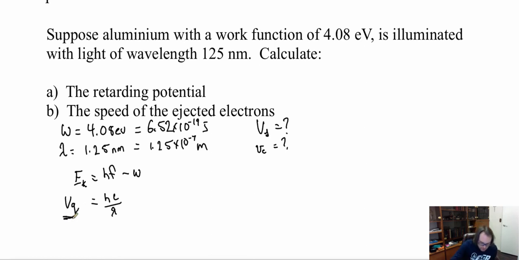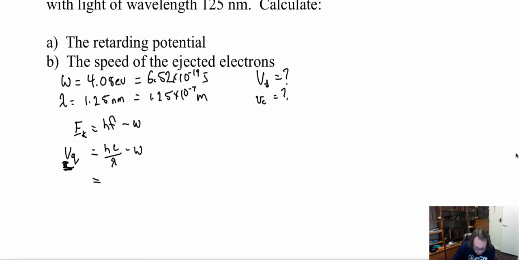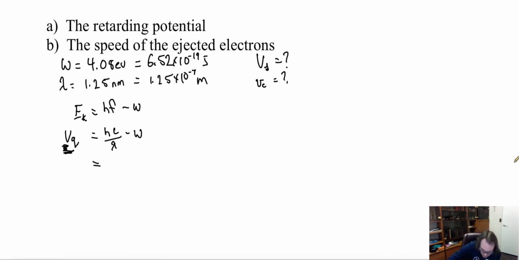This part here is going to be the energy of the electron leaving or being emitted, and then we want to subtract the energy of our work function. We are trying to isolate here for, once again, my potential, my stopping potential. So I'm going to end up rearranging this formula. I'm going to have, and we're going to divide this all by the charge of an electron, which is going to give me